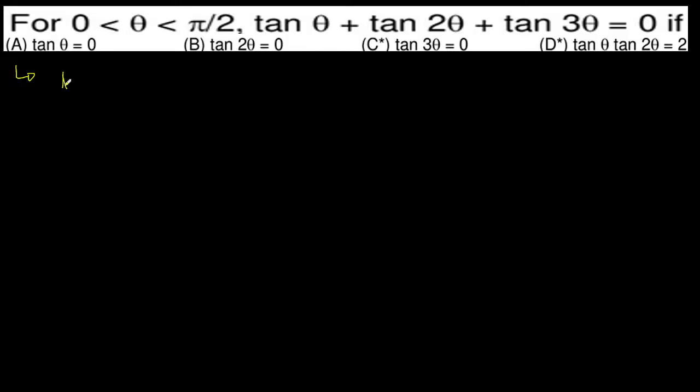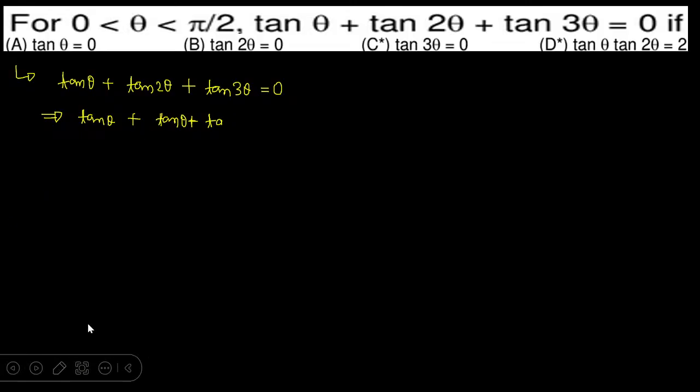बोल रहा है टेन थीटा प्लस टेन टू थीटा प्लस टेन थ्री थीटा इज इक्वल टू जीरो। ओके, सो सम S1 इज इक्वल टू थ्री, जीरो। मतलब क्या बोल सकते हैं? टेन थीटा अगर ये है तो टेन ए प्लस बी कर दें तो टेन ए प्लस टेन बी। मतलब इसको टेन ए टेन बी में नहीं ब्रेक करे, ये फॉर्मूला हम लोग आगे जाके इस्तेमाल करेंगे।